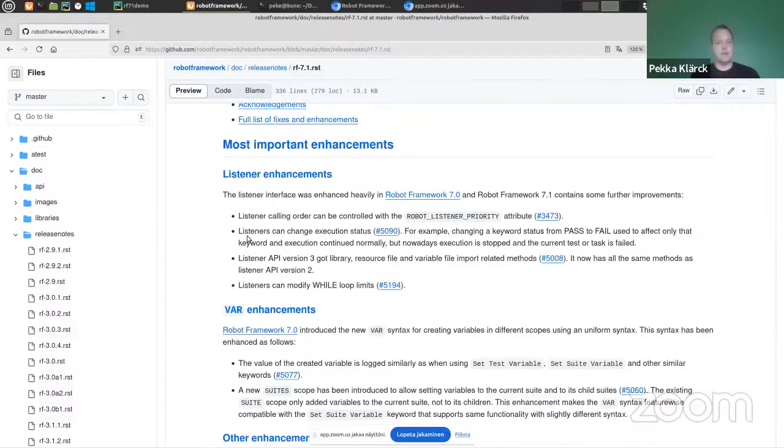Another enhancement is that listener version 3 got methods related to library, resource file, and variable file imports, so it's now feature complete with listener API 2, that already had those earlier. So now there's basically no reason anymore to use listener version 2, that's the older version. Listener version 3 has been the default listener version already since Robot Framework 7.0. So you need to explicitly opt in to use listener version 2, and now there are the same methods